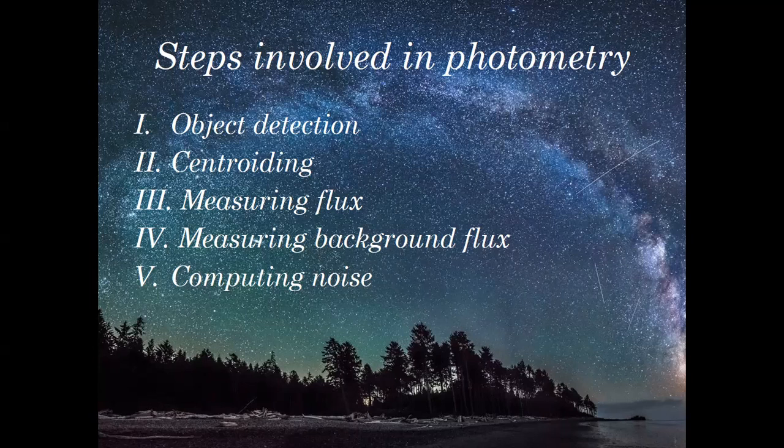Then, at the last, you need to compute the noise, because obviously there can be some atmospheric induced noise, and certain noises induced due to the stars in the vicinity. So once the fourth step is done, you can go for eliminating the noise by computing it first and then eliminating it. These are the steps involved in aperture photometry based on point sources, wherein the point sources are quite apart from each other, and there is not much contribution from the sky and the atmosphere in the image. Next slide.